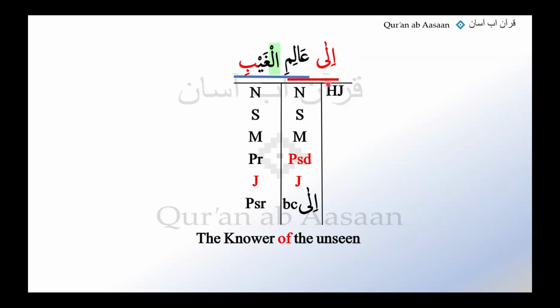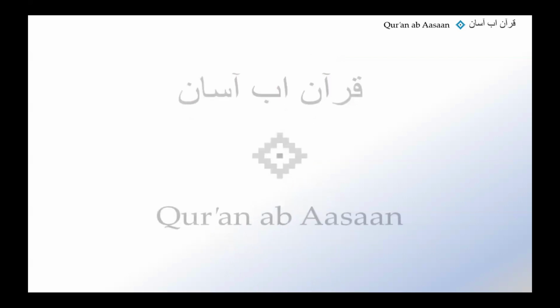Alhamdulillah. And how do I translate it now? So ila alimil ghaibi, to the knower of the unseen. Excellent. You remember the meaning of ilah is to, and then we have already translated this part. So to the knower of the unseen. Alhamdulillah. Well done. Good job. Excellent. All right. Now let's do another one.